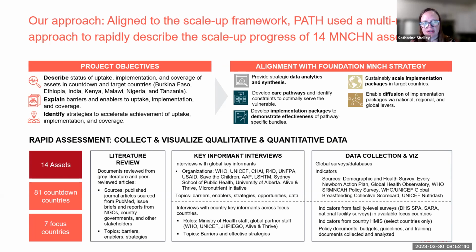In parallel, there was a rapid data collection and aggregation across global surveys and databases. So that could include demographic and health surveys, indicators from ENAP, Global Health Observatory, relied a lot on the WHO, SRM, NHCAH policy survey, as well as several other WHO and UNICEF resources. And I know we've talked on the previous webinar series, if you've joined us, about all of these resources. So I'm not going to go into detail about what they all are, but we did put the link in the chat for the previous sessions, if you want to go back to that and learn more about all of these different resources.